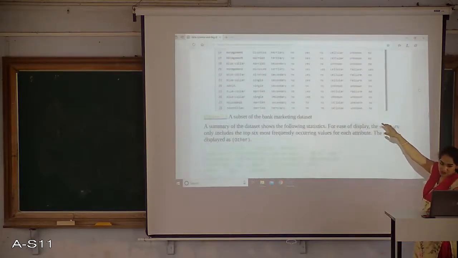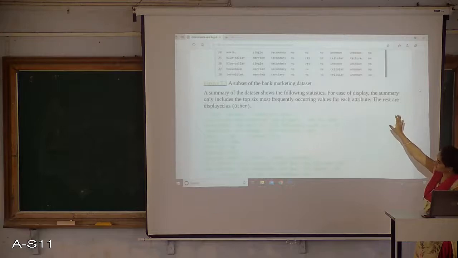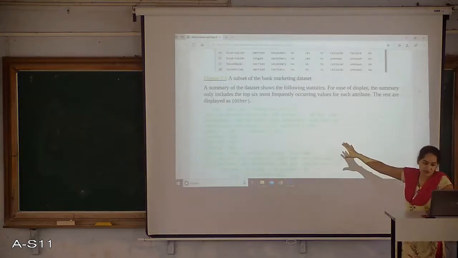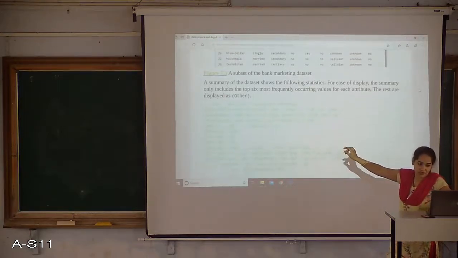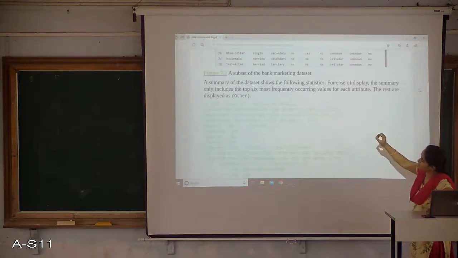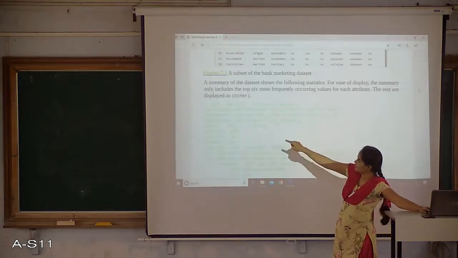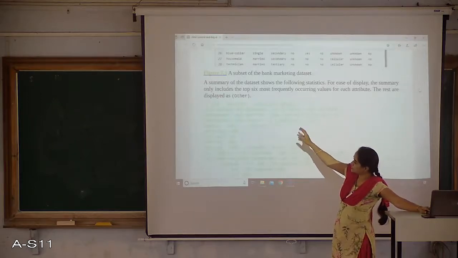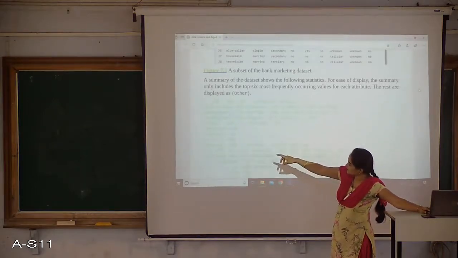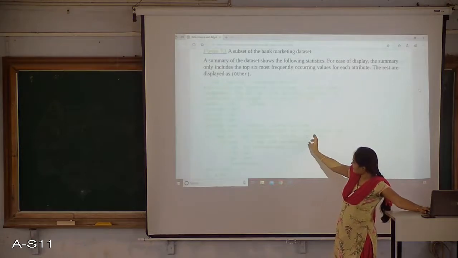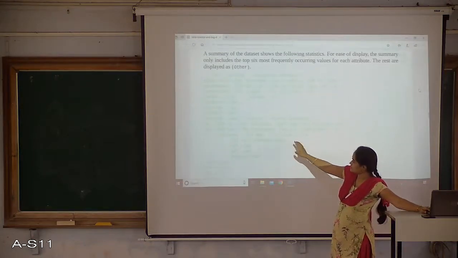Based on this analysis of the data set, we get some figures and facts out of it, which tell us the different categories of job available in our data set and how many entries there are. Similarly, for the other data we have got some information.